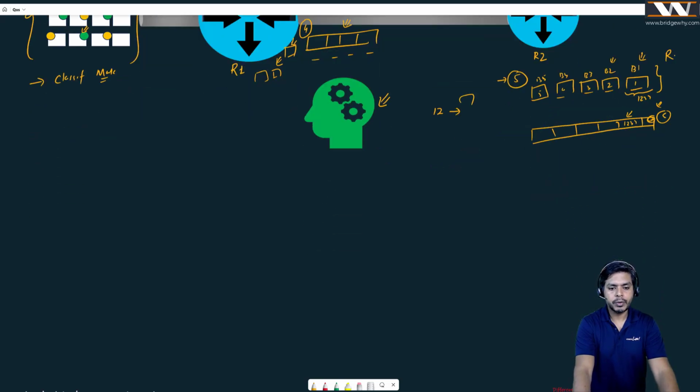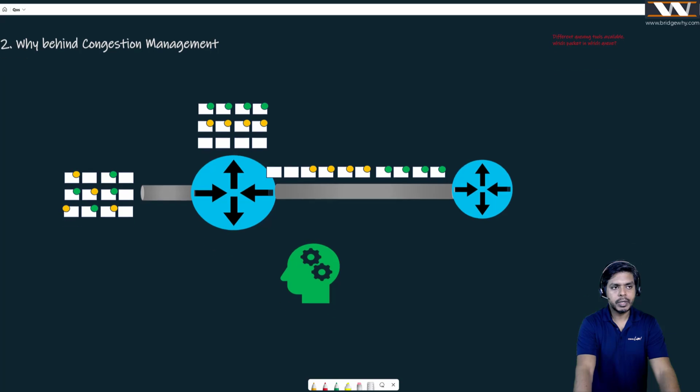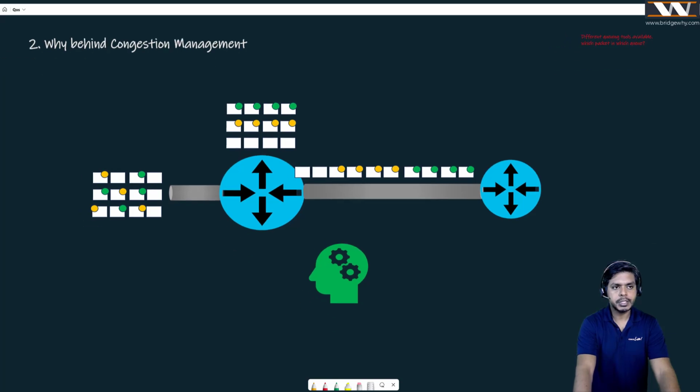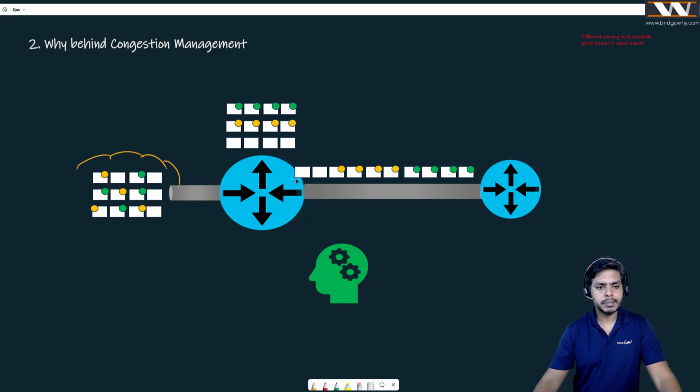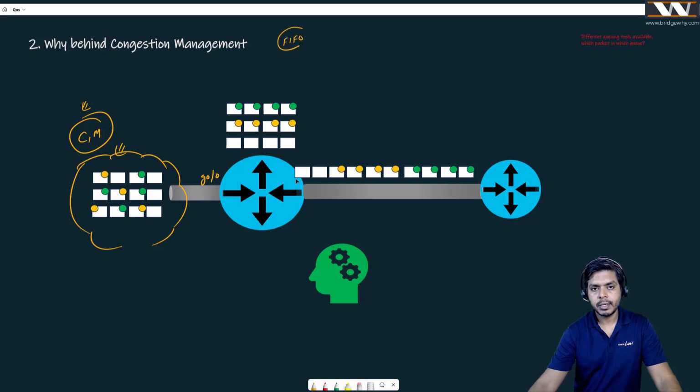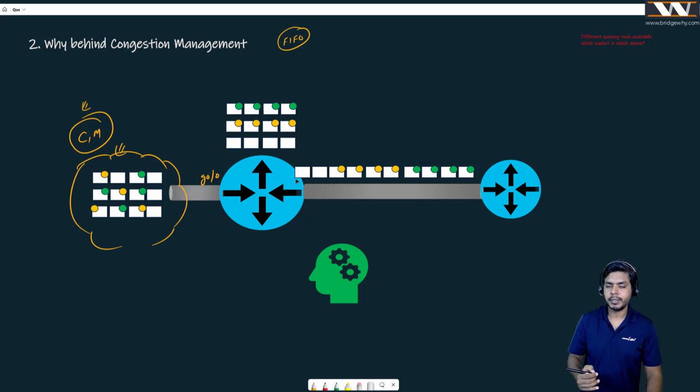Now, if I go into the next board, what we are doing as part of this congestion management today is this: if I get all these messages on the gigabit 0/0 interface of this router, in any order, but we have classified them and marked them, then what we are doing here as a change to this FIFO, and this is the sole purpose of this lecture, is that we will be